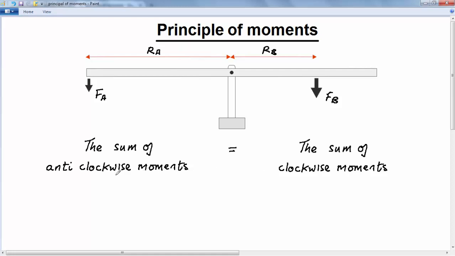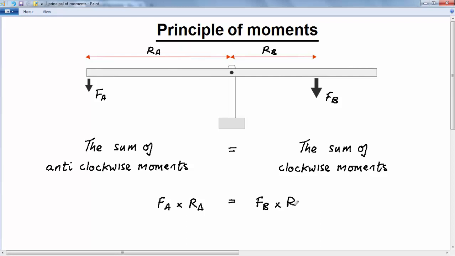So what we can say is that when this beam is balanced, when the beam is in equilibrium, then the anti-clockwise moments acting on it are balanced by the clockwise moments. So let's just spell that out. What that means is that Fa times Ra will be equal to Fb